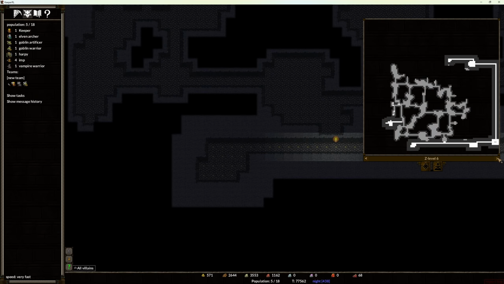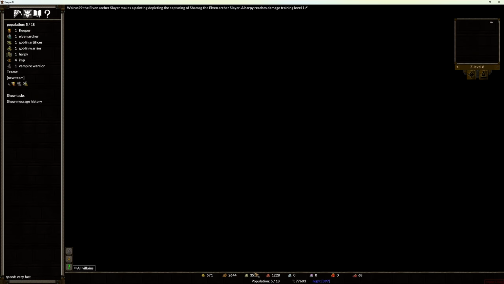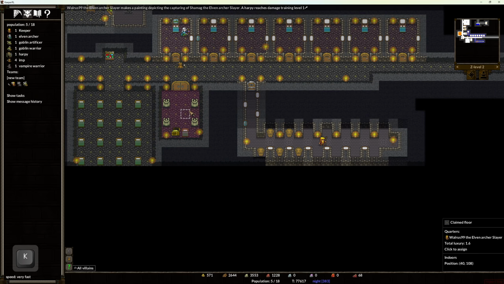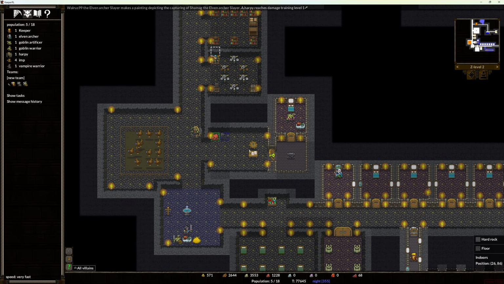Oh, you know what we're going to need, though? We're actually going to be short on... Oh, we get some gold. We're going to be short on resources. Excuse me, we're going to be short on equipment, right? If we go look at our...